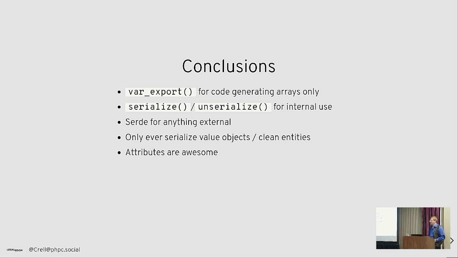PHP attributes are a fantastic feature made better by the right tooling. If you take nothing else away from this talk, PHP is the schema. Modern PHP's type system is strong enough that it can serve as your schema definition. You do not need to define a custom YAML syntax. You don't need to go look up JSON schema. You just use PHP classes, and that is your data schema. And it works pretty damn well. Because modern PHP is a really nice language. I had fun writing this. What the language will do for you is fantastic if you approach it in the right way.